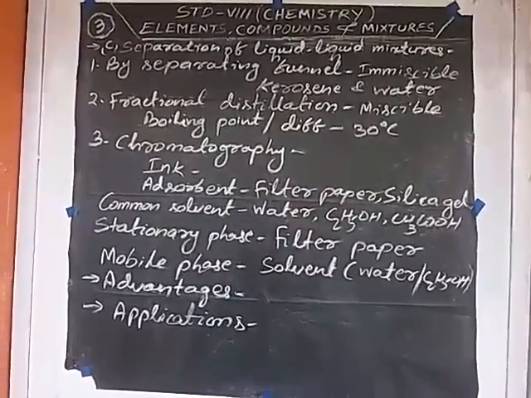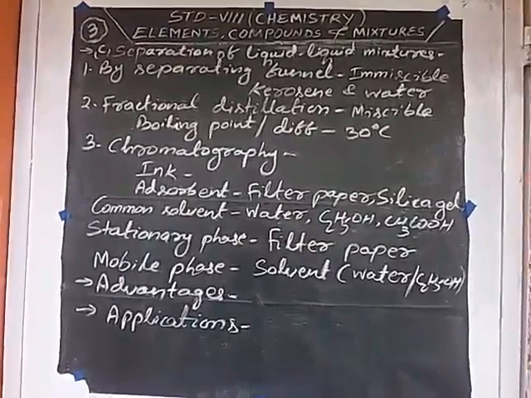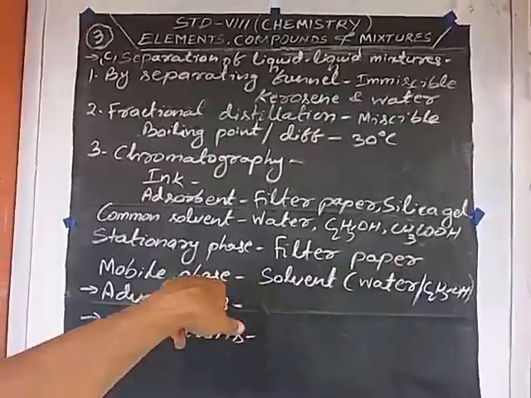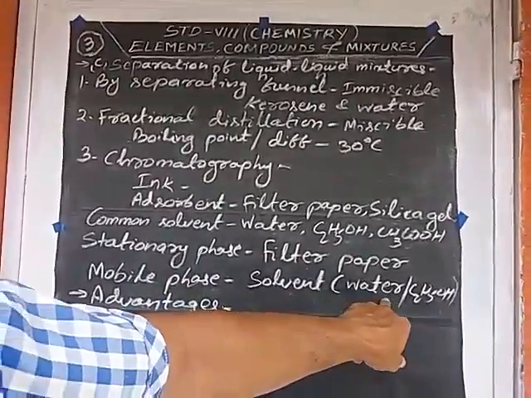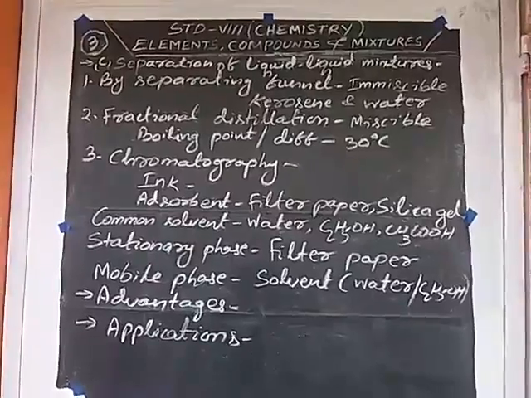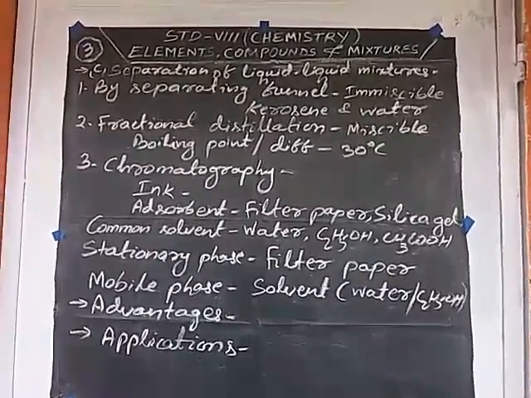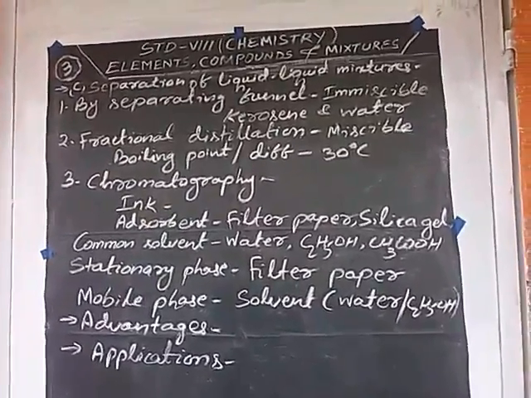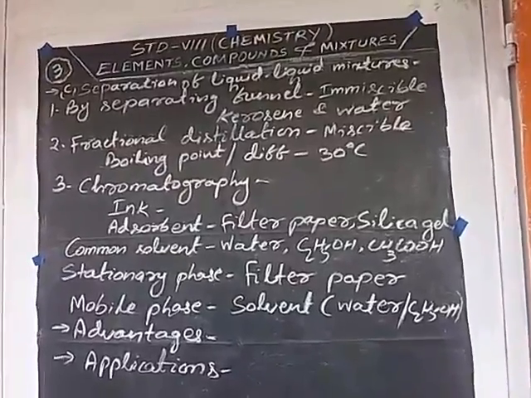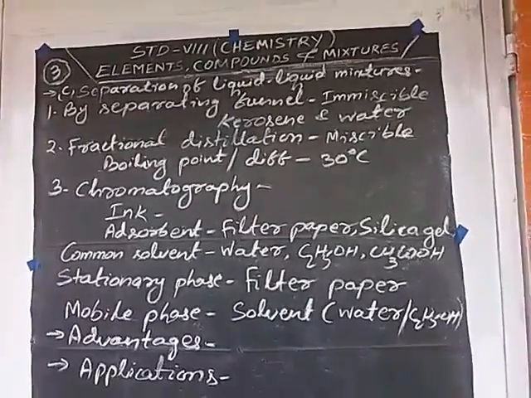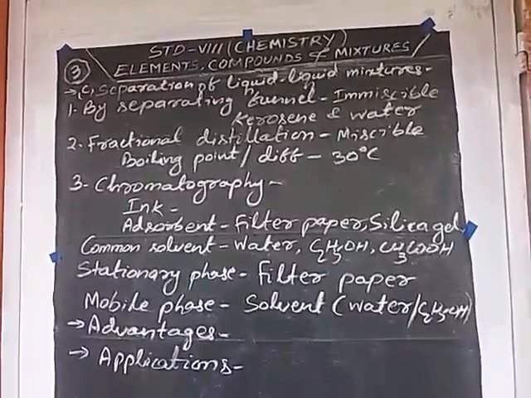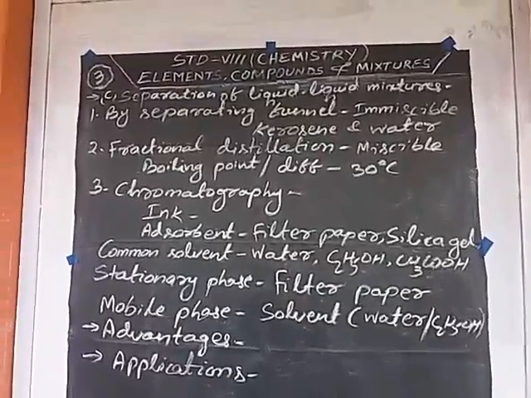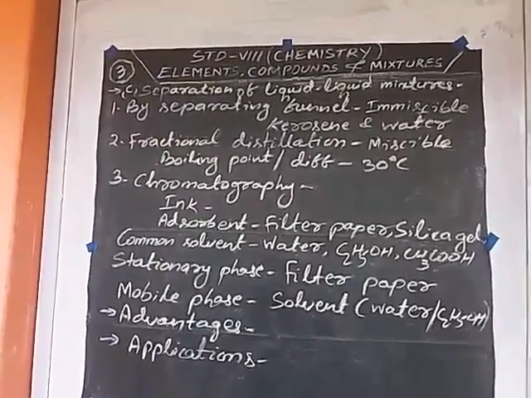The principles involved in chromatography: there are two phases, one is the stationary phase, another is the mobile phase. The stationary phase is the filter paper, and the mobile phase is your solvent like water or ethyl alcohol. The simplest type of chromatography is paper chromatography, where Whatman filter paper is taken. See figure 3.13. In the beaker there is solvent, that is the mobile phase. Above is a paper on which there is a drop of mixture, that is ink, pointed.